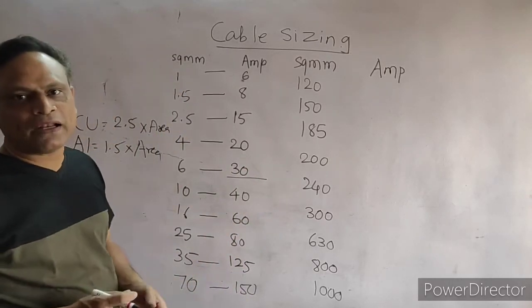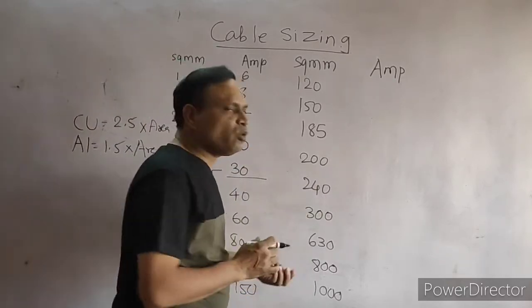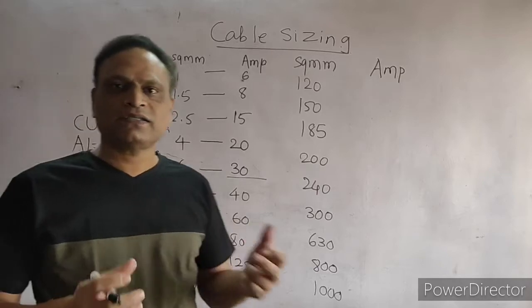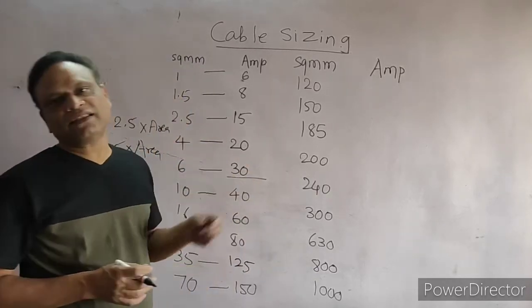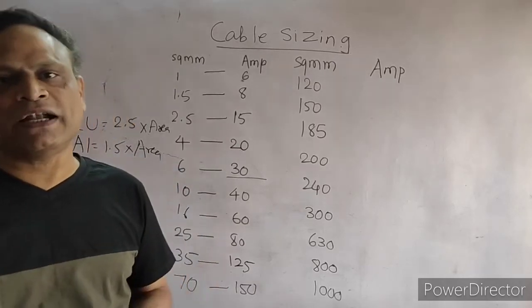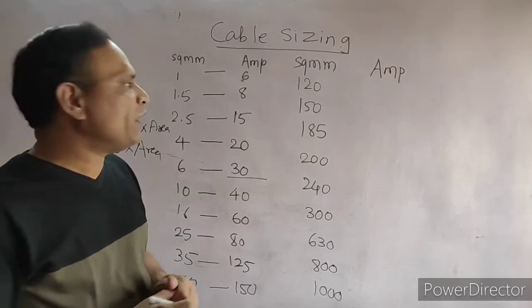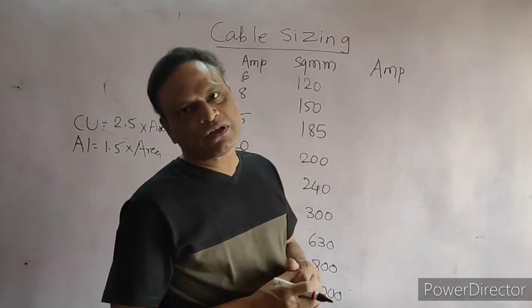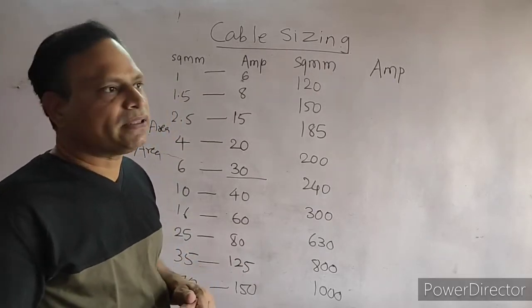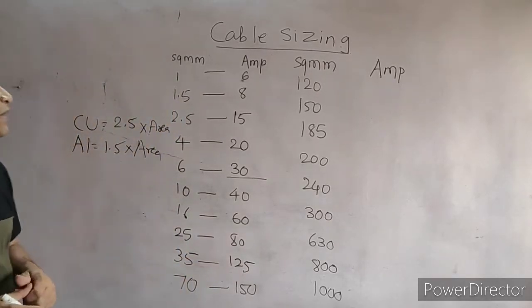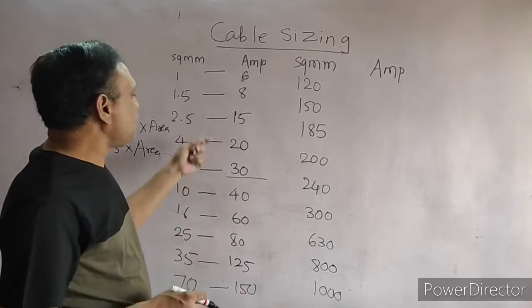That means if my current is 18 ampere and I want to find the size of the cable, 18 ampere is less than 30 amperes. So my first lot is up to 30 amperes. So I will divide it by 5 simply. As I told you, my current was 18 ampere. So 18 ampere divided by 5 comes to be 3.6. So 3.6 means I have to use the cable of 4 square mm. Now this is how we calculate.